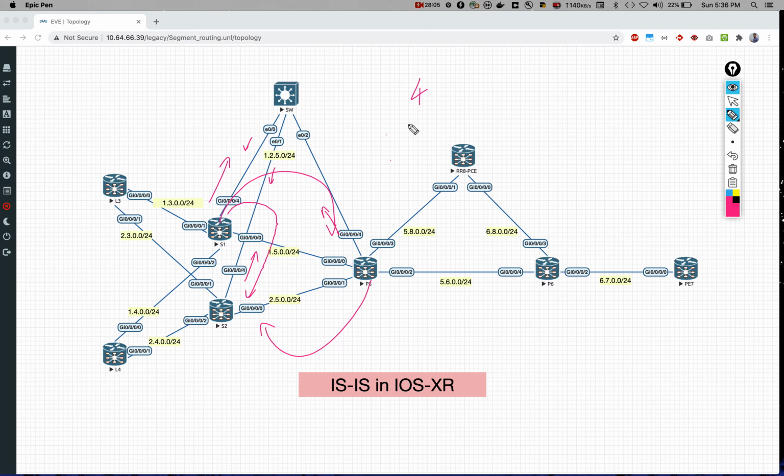For example, if there are 4 routers, we are going to have 6 adjacencies. So this doesn't really scale well, and it is going to create a lot of control traffic, a lot of LSPs flowing around. So that's where the concept of the designated intermediate system comes into play,